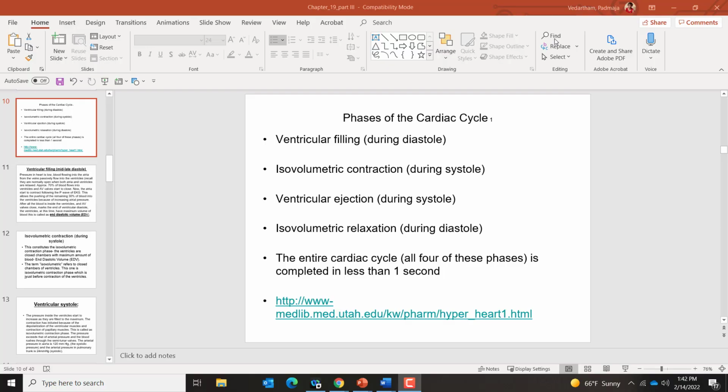Cardiac cycle is all the events that take place in the heart in one heartbeat. So we are talking about the electrical events, the EKG, and the pressure differences, which cause the movement of the blood. So volume differences, opening and closing of the valves, and